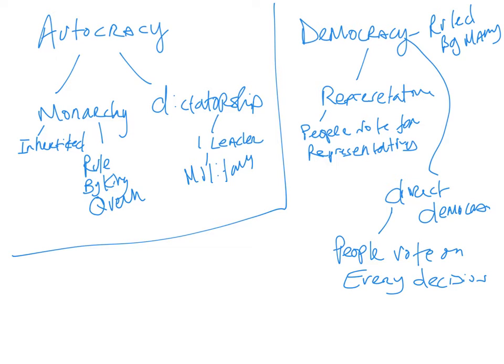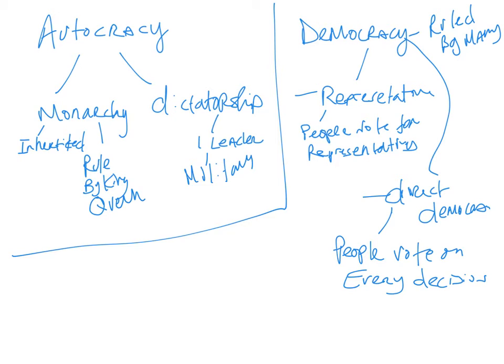Remember, we put notes about representative democracy and then direct democracy. All right, so the 2 different types of democracy that we are going to see. Representative democracy, we vote for people who represent us, and they make decisions on our behalf. They usually do it for a given period of time. When we talked about this yesterday, we talked about presidents, senators, and then House of Representatives, each of which have a different length of term that they are able to then make decisions for us.